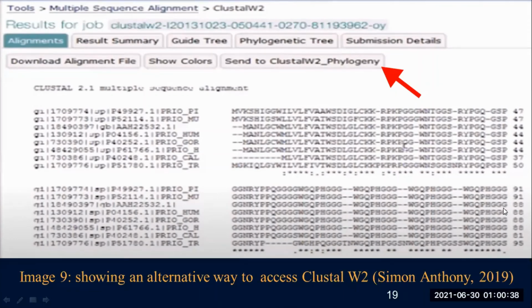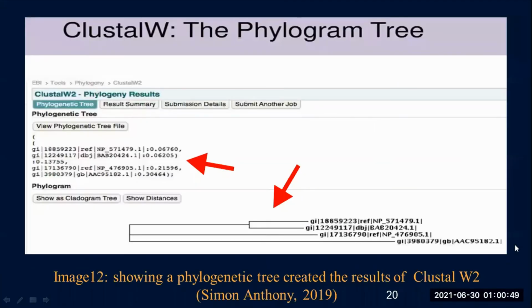Upon clicking on that, you would then go through the whole process of creating a phylogenetic tree very simply. You would then be generated this output here that you can see, where I have my phylogenetic tree at